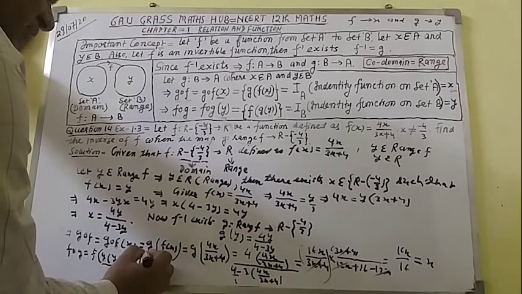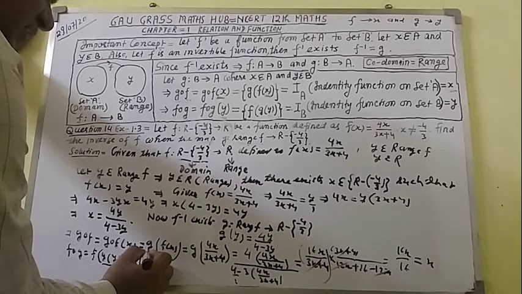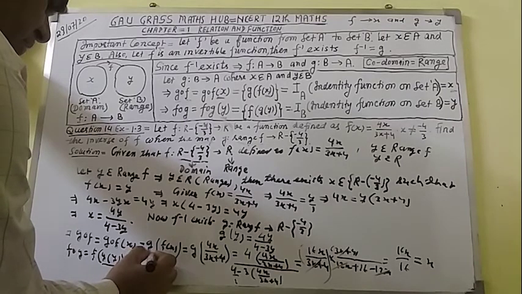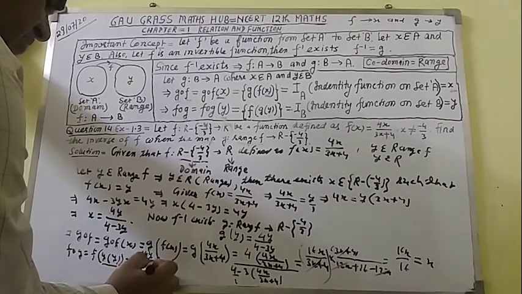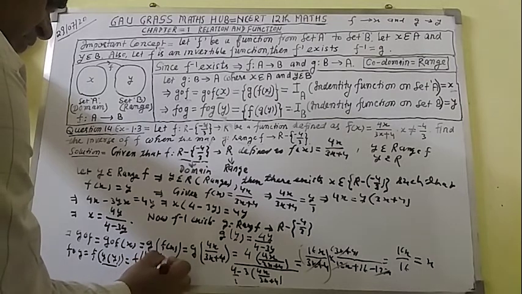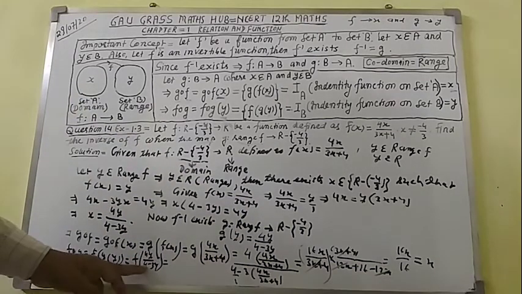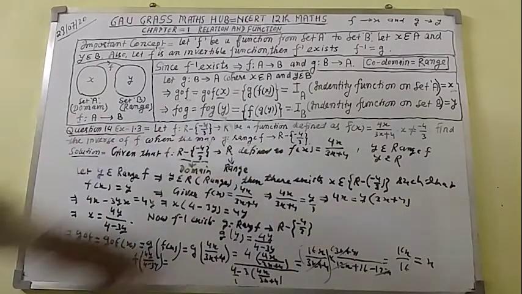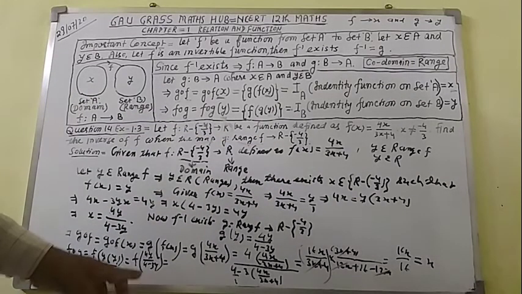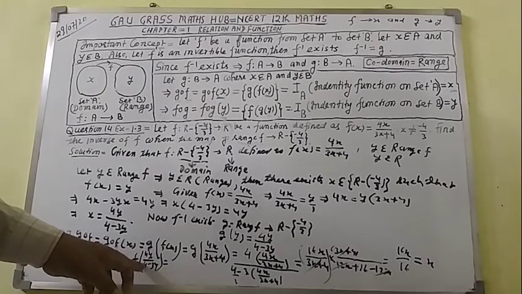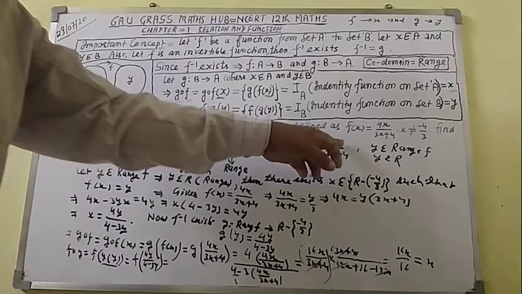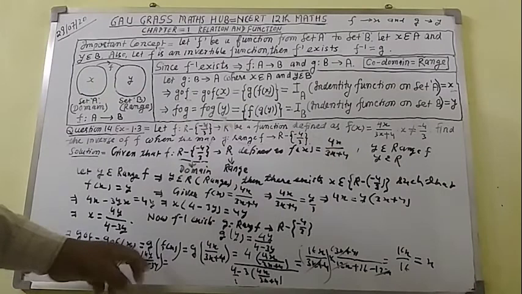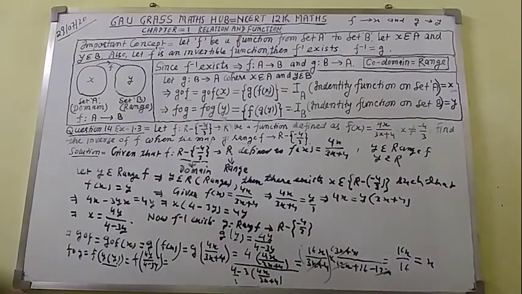So what is the value of gy? Here we have got the value of gy equal to 4y over 4 minus 3y. Here we have this value fx, you can see, so in place of x you can put this value 4y over 4 minus 3y. In place of x you can write this value. So let us see what this goes to.